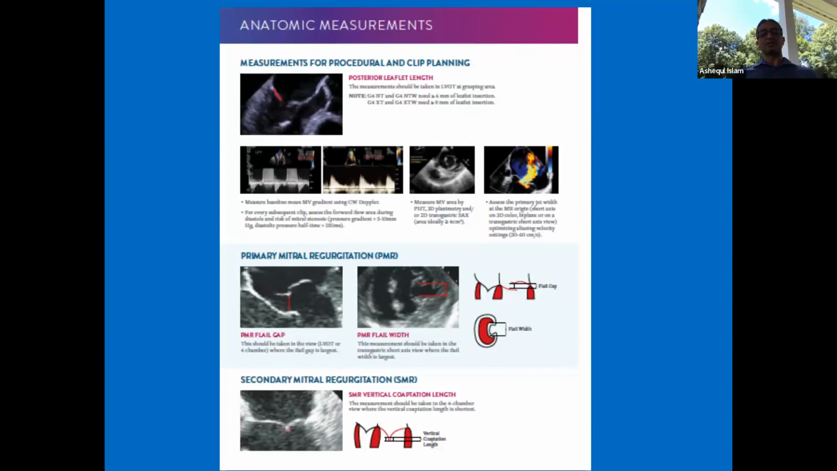Flail gap, of course, 1 centimeter is a very wide jet you would think about. Anything less than 1 is not as wide. You could start with NT, but depending on your choice. The other thing I forgot to mention for assessment of mitral regurgitation, for candidacy for clip, we always do the